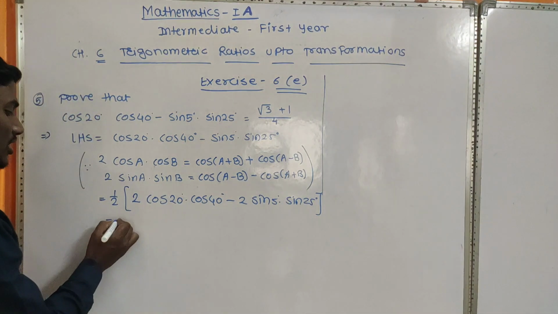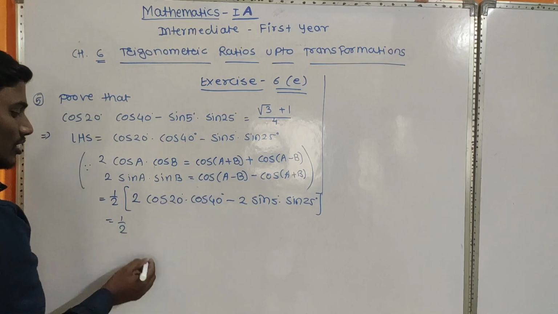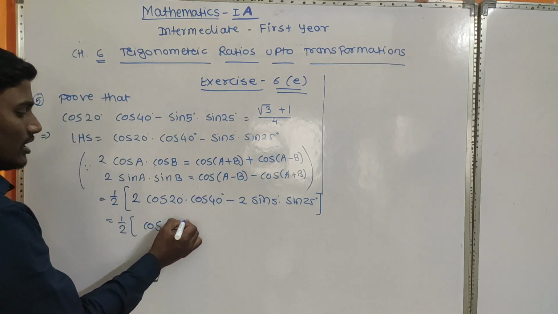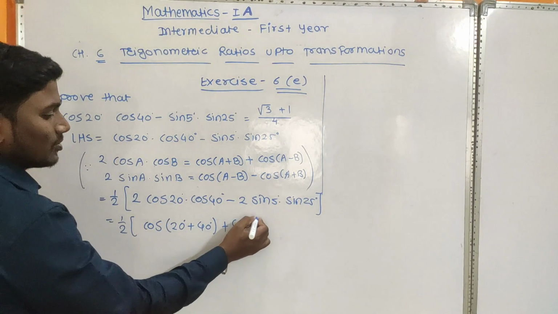So what we get here? 1 by 2. Apply here A as 20 and B as 40. So what we get? Cos of A plus B, meaning 20 degree plus 40 degree, plus cos of A minus B, meaning